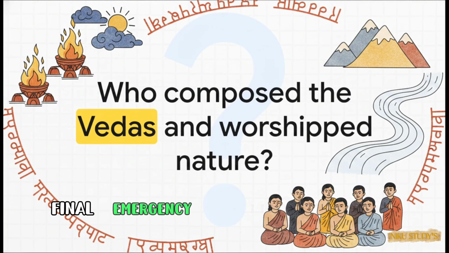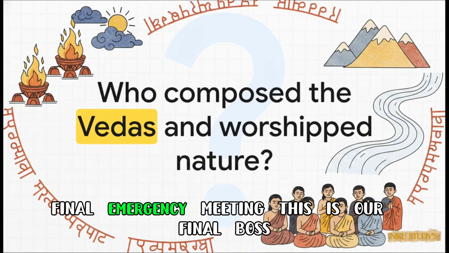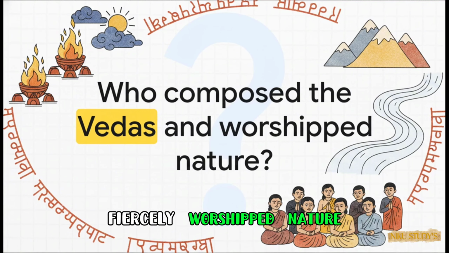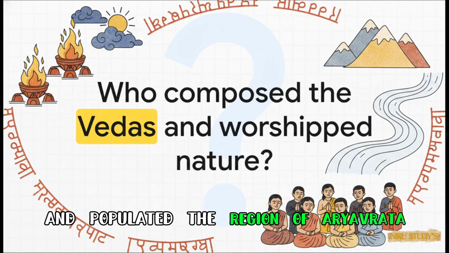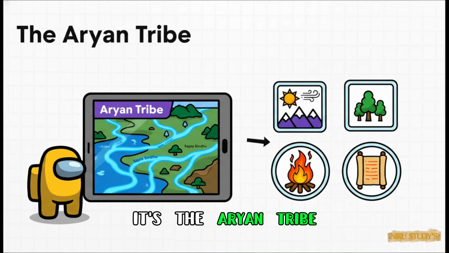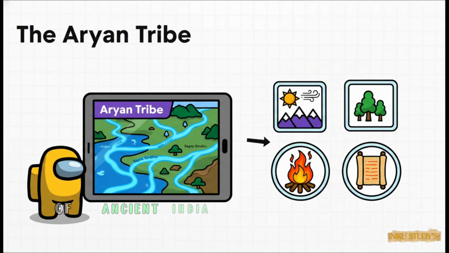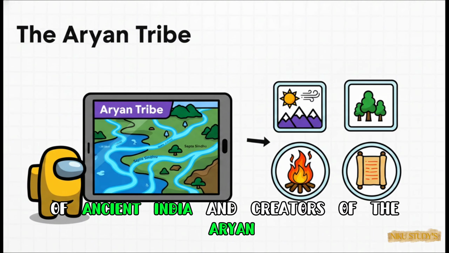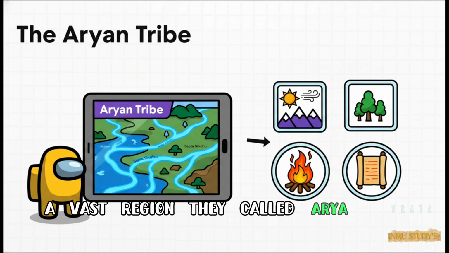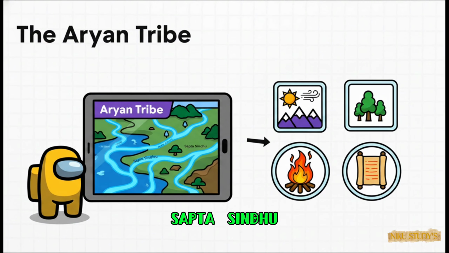All right, final emergency meeting. This is our final boss alert. Who composed the great Vedas, fiercely worshipped nature, and populated the region of Aryavrata? Let's open the Level 5 files. It's the Aryan tribe. They were one of the most advanced tribes of ancient India and creators of the Aryan civilization. They lived mostly in the northwest, a vast region they called Aryavrata or Sapta Sindhu because of the 7